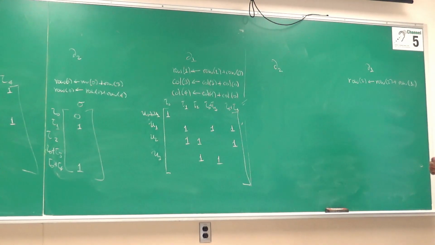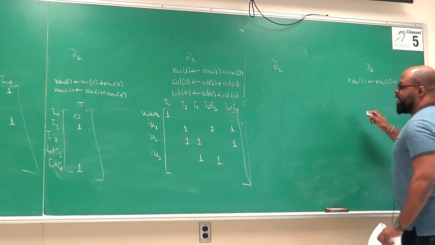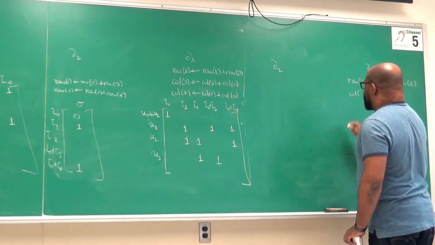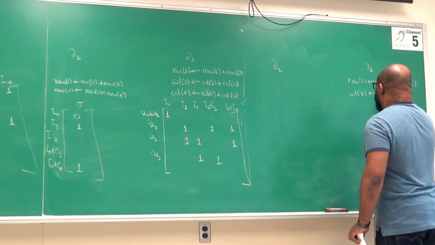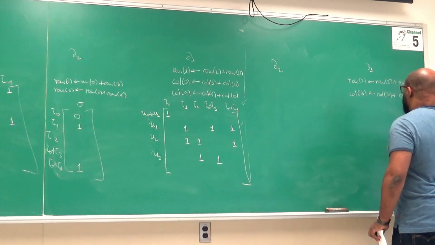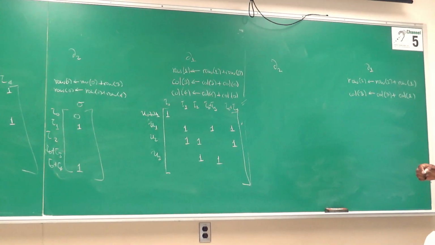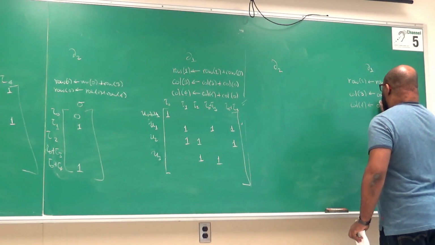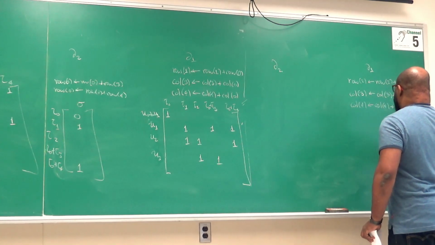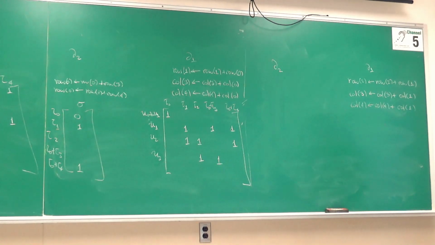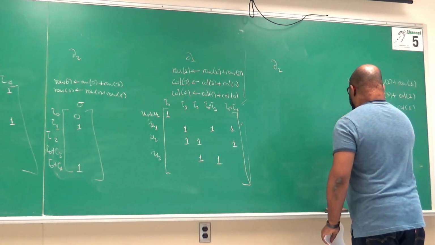And once I do that, let me now clear the columns. So I'm going to make column 3, so 0, 1, 2, 3, I'm going to make it column 3 plus column 1, right? And then column 4 is column 4 plus column 1. Correct? So now the matrix that I get,